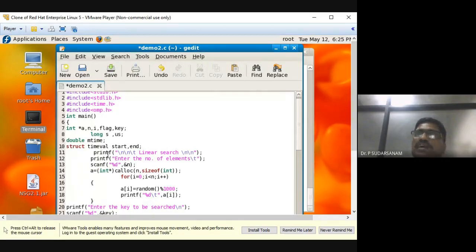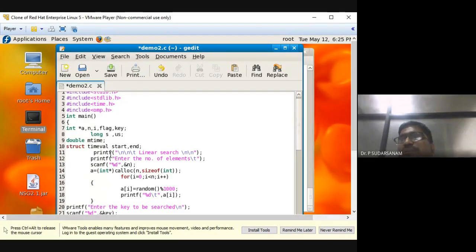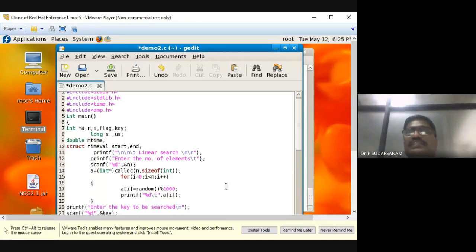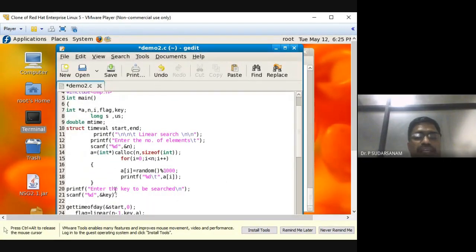So struct timeval is available there. You have the variable names for minutes, hours, seconds, milliseconds, nanoseconds. All these variables are available in struct timeval. If you have time, you can see the Unix system programming book, or you can search on the net, and you will get all the possible values. So this is the simple program to calculate this.